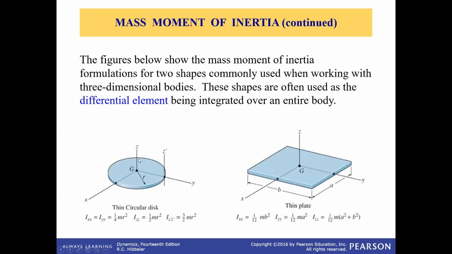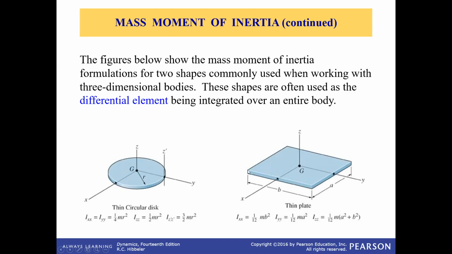So you can see that if you are rotating about different axes, although they are parallel to each other, you still get different results. Then if your disk is rotating with respect to the x-axis, this is equal to 1/4 of m r squared. M is the total mass, and R is the radius of the disk. The same for the disk rotating about the y-axis, so it's also 1/4 of m r squared.